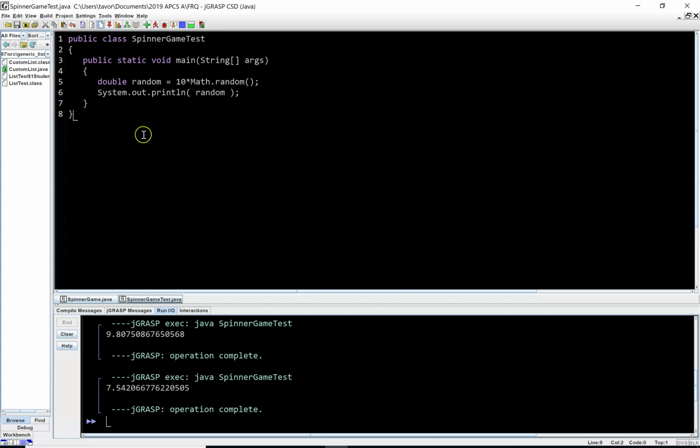Now let's say that you wanted to make your numbers just integers, whole numbers. You don't want the decimal. Well, that's where we get into typecasting. This is the result of multiplying a double, because Math.random gives you a double, times an integer. 10 is an integer, and the result of multiplying these two would be a double as well. Now, if I want to make it an integer, I can typecast this, and we typecast by, at the very front, putting the data type that we want, int,